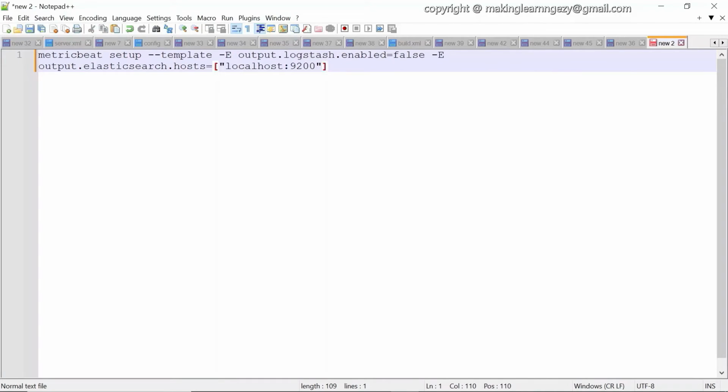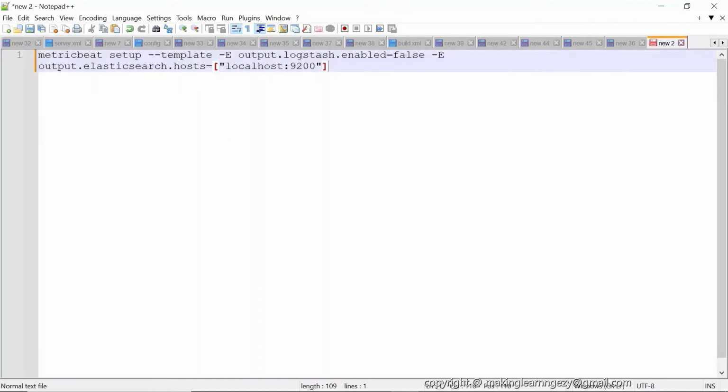First you need to disable the output present in the MetricBeat configuration file. This would disable it only for this particular session. There would be no change in the MetricBeat configuration file. And here you need to mention the output where you want to send the index template, the Elasticsearch server details. The server is running on localhost and port number 9200. So you need to make sure that your Elasticsearch server is up and running. Then only this command would work.